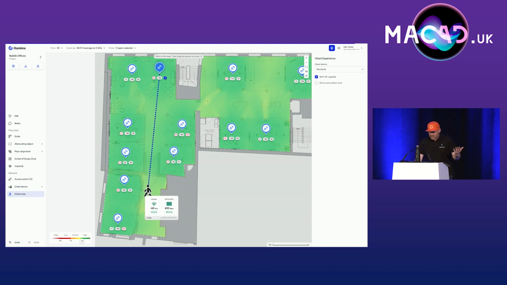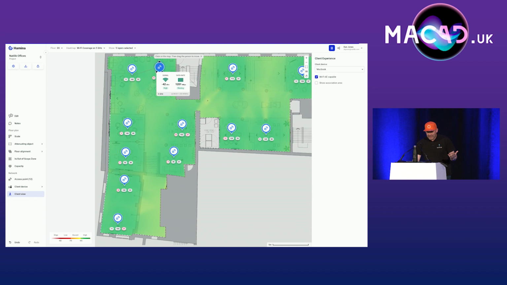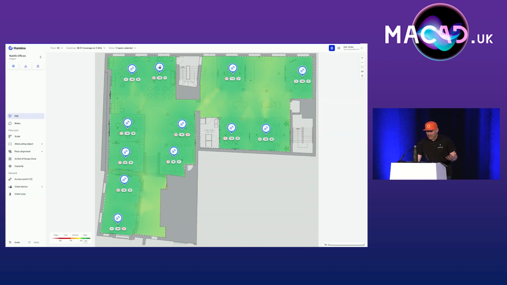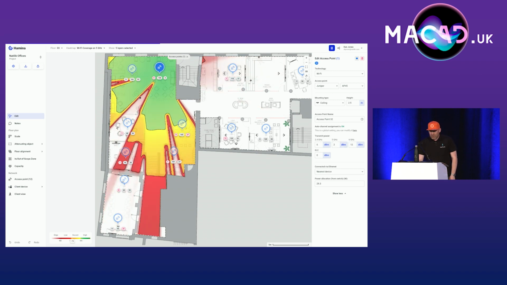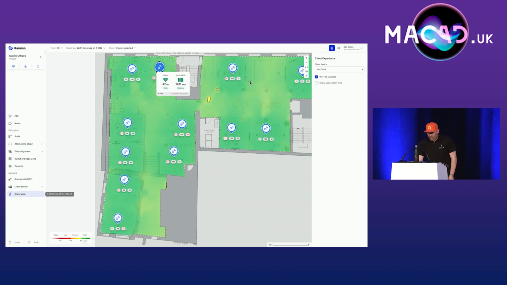Yeah, and it's awesome. Oh, look, that AP has turned up too loud. Let's sort that out straight away. That's going to be a nightmare, right? And you can see why. You can see that AP is firing out too loud. Great, I can come in and I can go, okay, you have to be much quieter than that. And then I can go back and do my